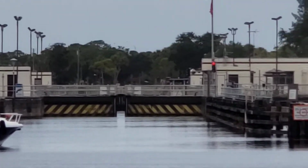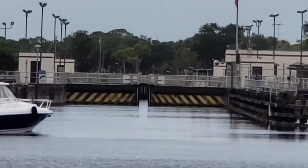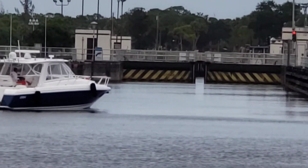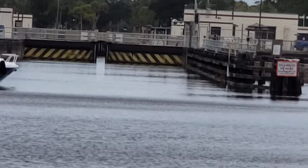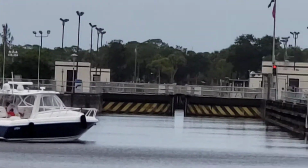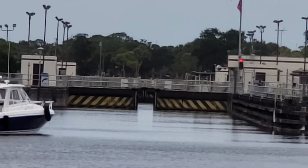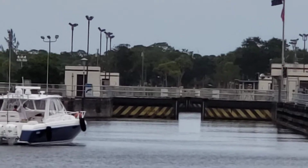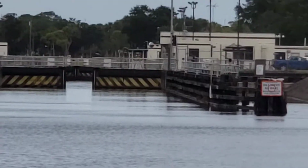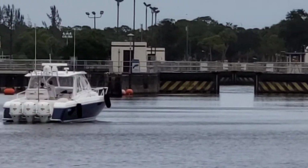So what's going to happen is the boat that's in there will come out and then they'll give us the green light. We'll go in. They'll close that gate that's opening behind us. And they'll open the gate in front of us slowly to let the water that's inside of the lock that we're sitting in drain out and flow down upstream or downstream, whatever it is, until we drop down 12 feet and we're level with the section of water on the other side of the gate that'll be in front of us. And then once all the water drains out and we drop down 12 feet, they'll finish opening the gate in front of us all the way